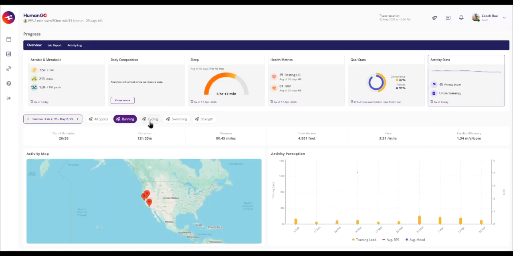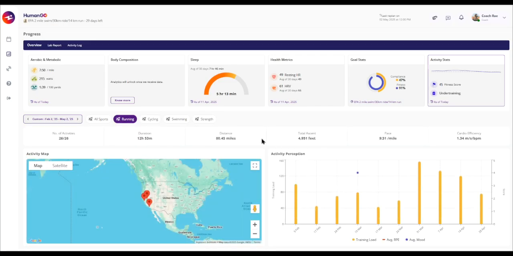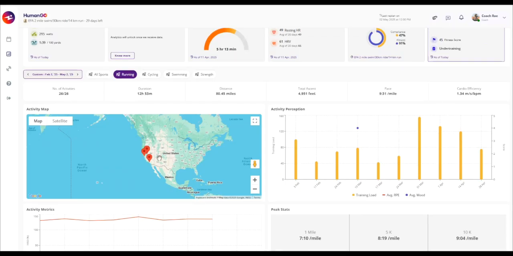You can filter them: number of activities, total duration, the distance, again remembering that you have this date range option here, total ascent, pace, and efficiency. You can see a heat map here of the workouts that you've completed,